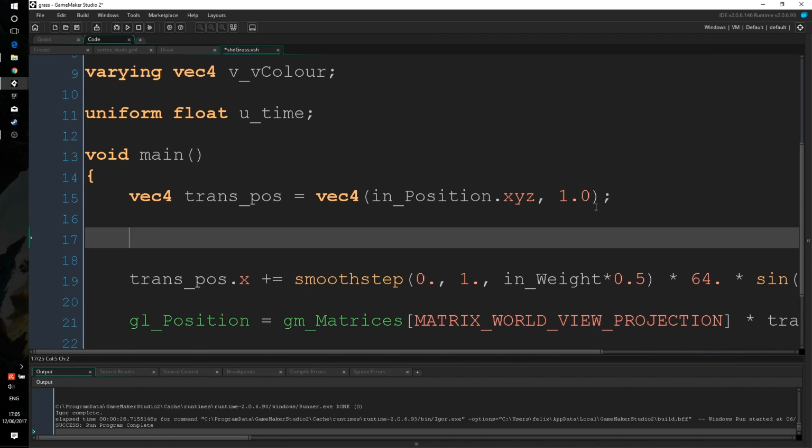So what we're going to do is create a new variable called wind, of type float. A float, if you don't know, by the way, is a floating point value. It's not an integer. It's a value with decimal points at the end. So what we want is a float, and we're going to call it wind,